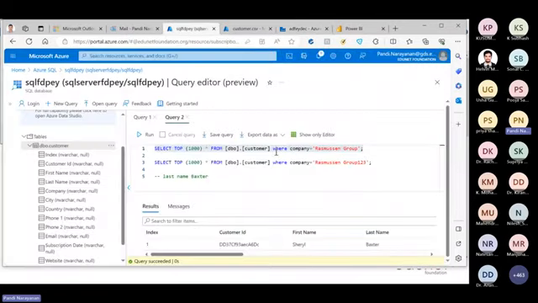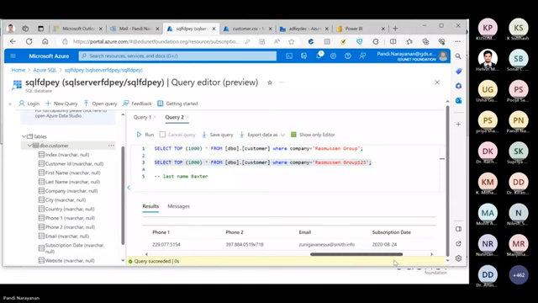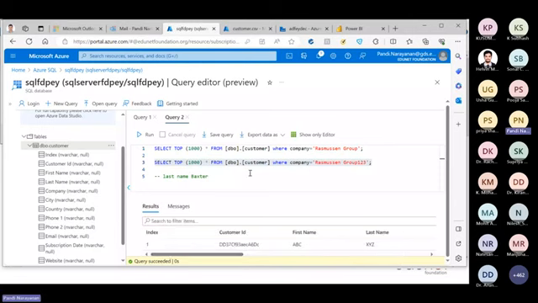So if you go and see in this table now, without any filter, let's first see for this Ramusan Group. See, you have the last name updated, changed, and we inserted a new record also. This new record was inserted with the first name as ABC and last name as XYZ. So this is how ADF